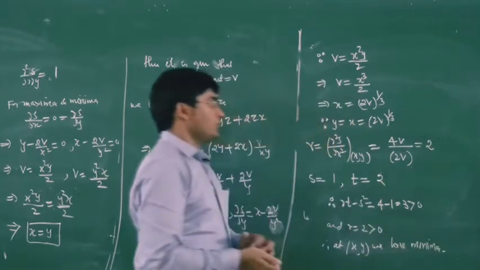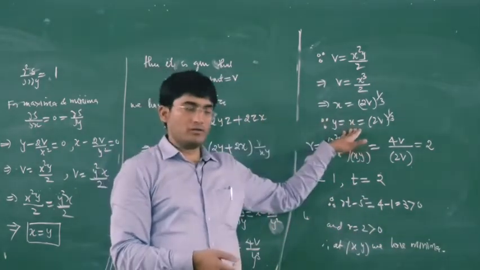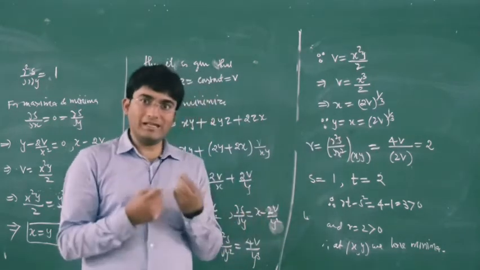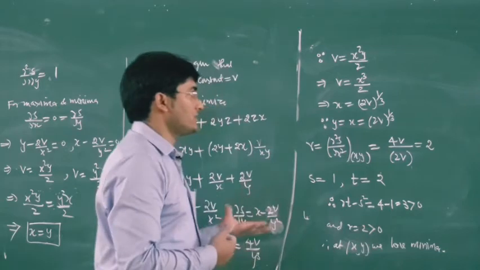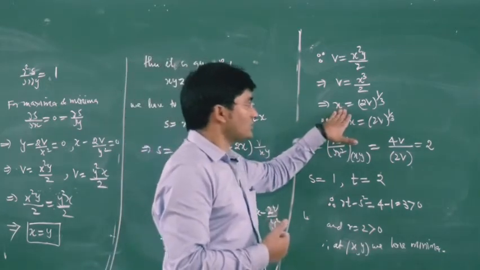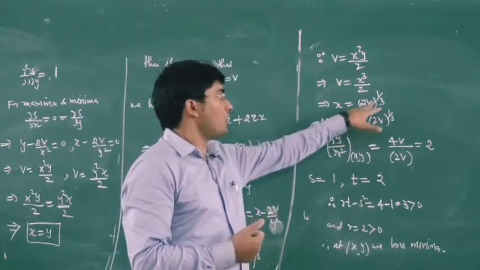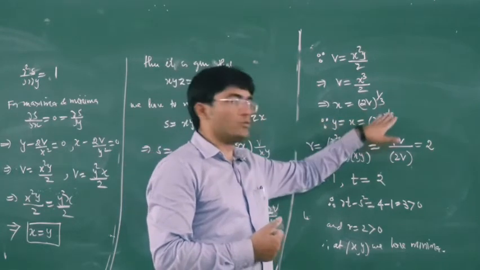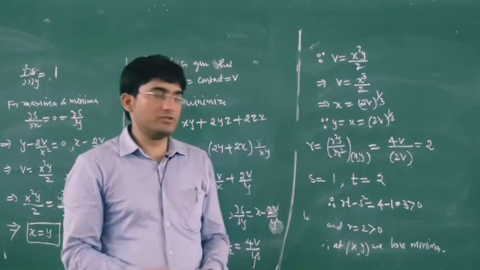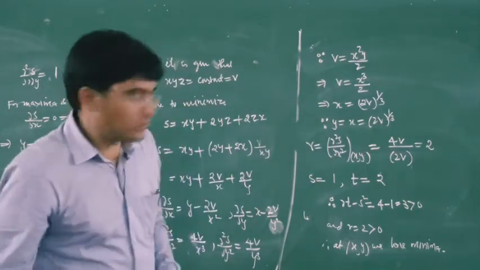So for these values of x and y, we require the least material for the construction of the rectangular box, which has a given capacity. So the dimensions are 2b power 1 by 3 and 2b power 1 by 3, where b is the capacity of the box. Then the next question,